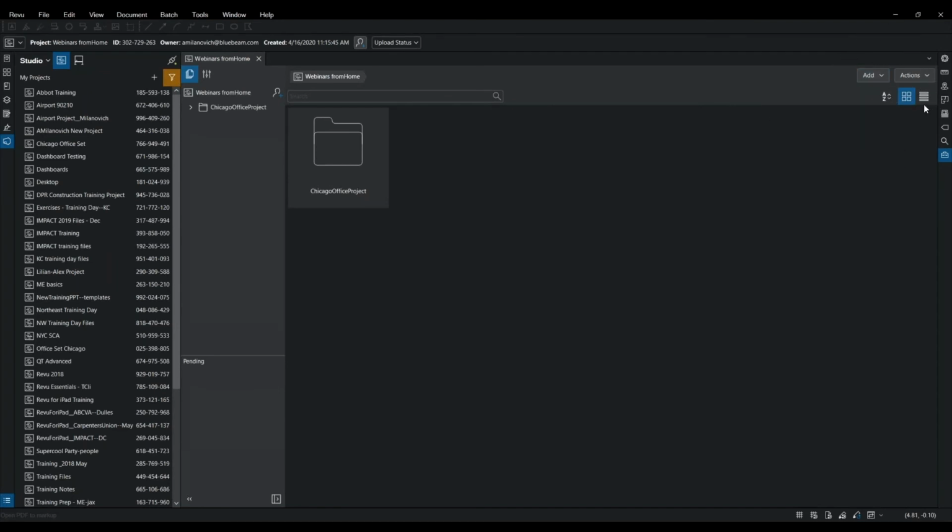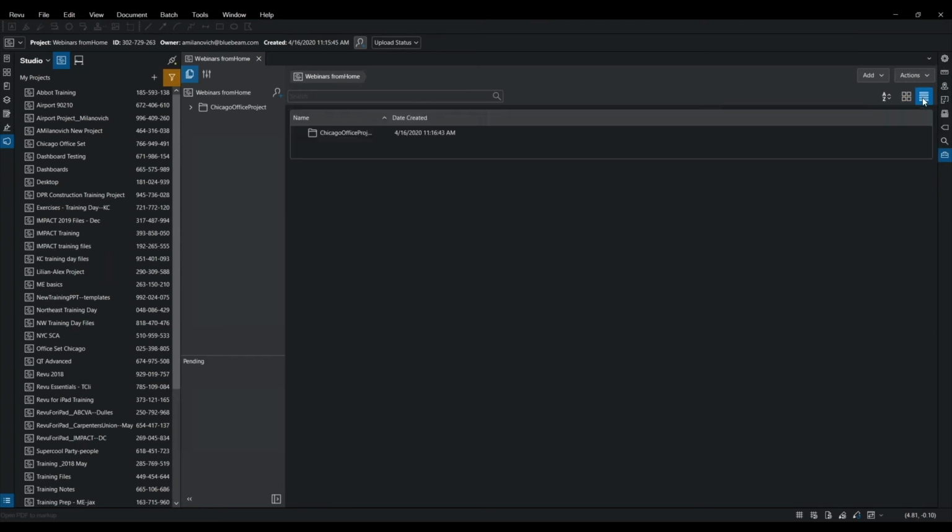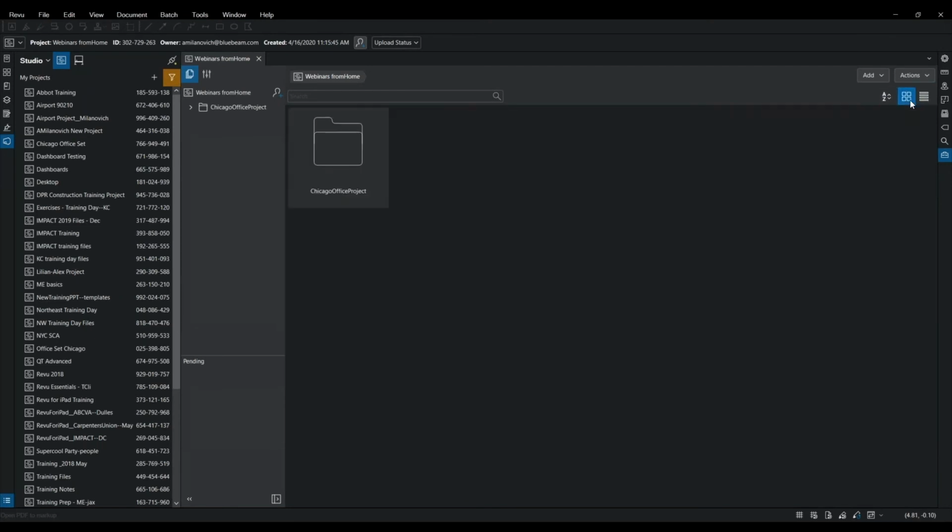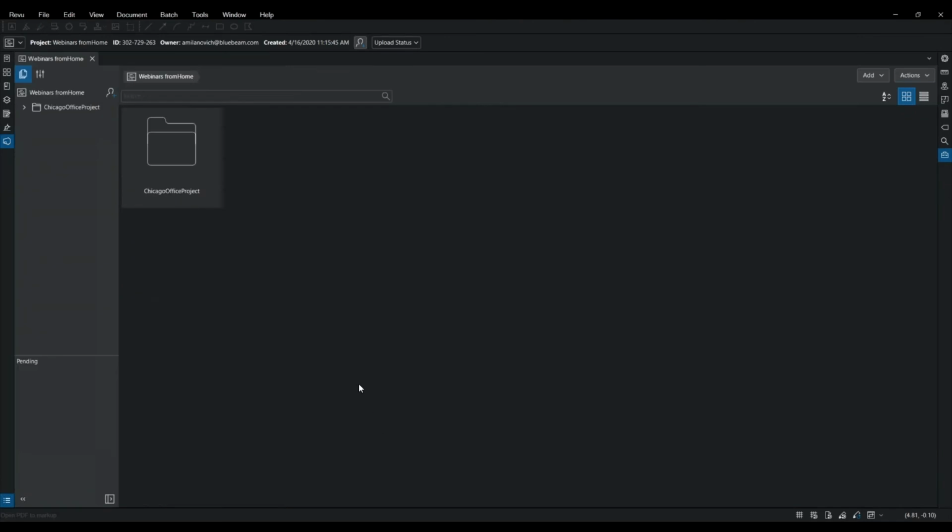Now, the other thing that you'll notice is these 2 icons here. This is a thumbnail version. What you're seeing here is a thumbnail view. The line version, or I've heard it referred to as a hamburger, if you select that icon, you're just going to get a list of all those options. So either one of those, whatever is your preference. I'm going to close this so I've got a little bit more room as we go through.